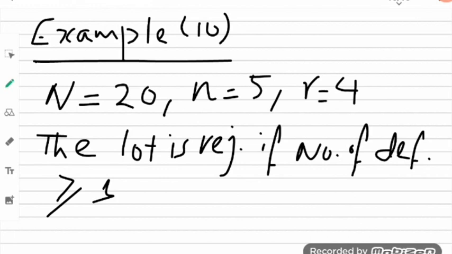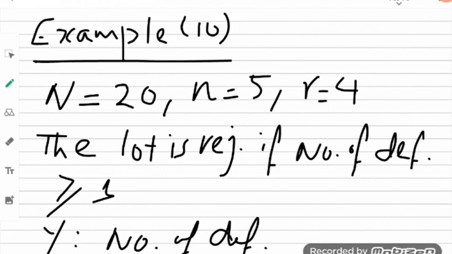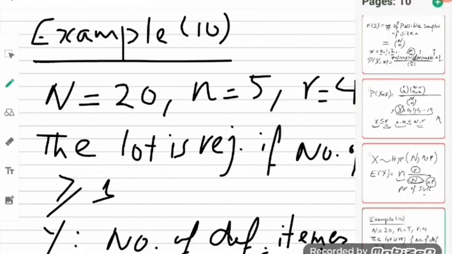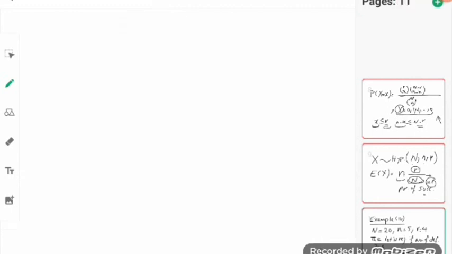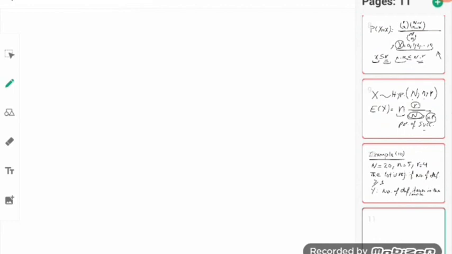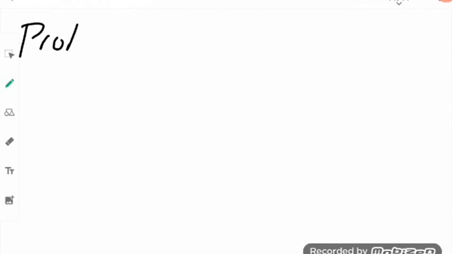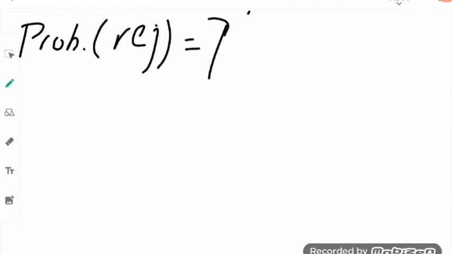So if we define a random variable y as the number of defective items in the sample, then the probability of rejecting will be equivalent to the probability that y is greater than or equal to 1,